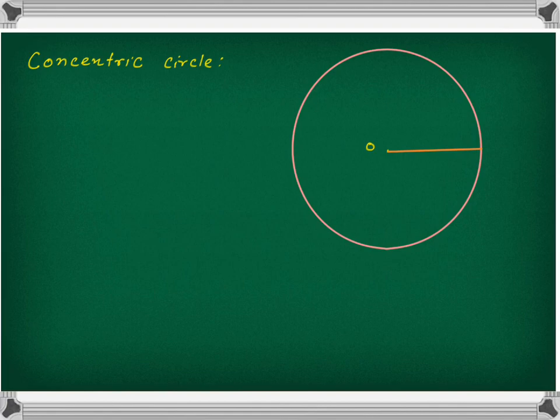So we will draw the circle, same center but different radii. So this is the circle I have drawn. Here the center is the same, okay, but we are saying the radii is different. So OA is the radii for